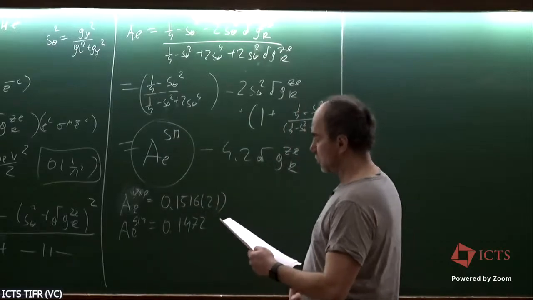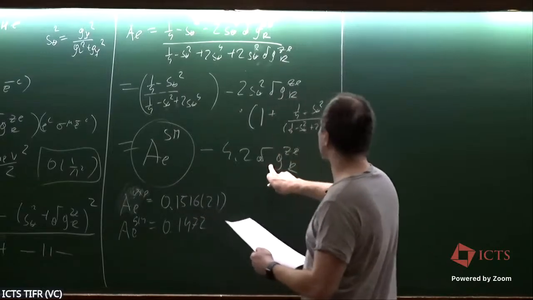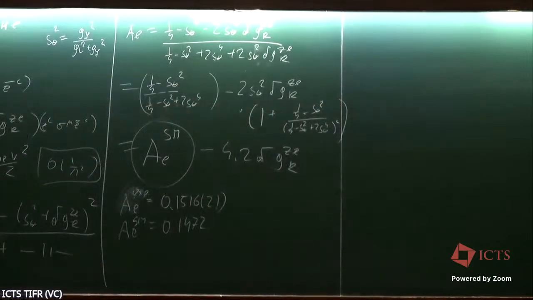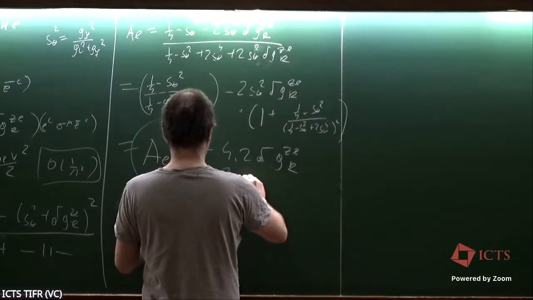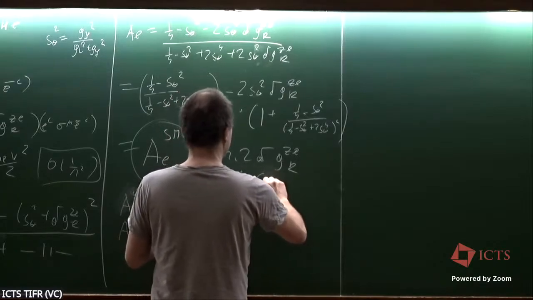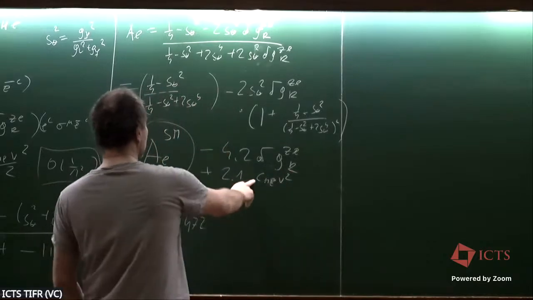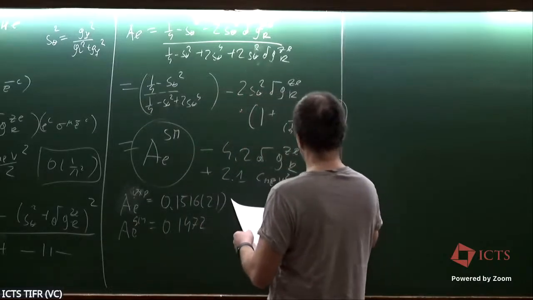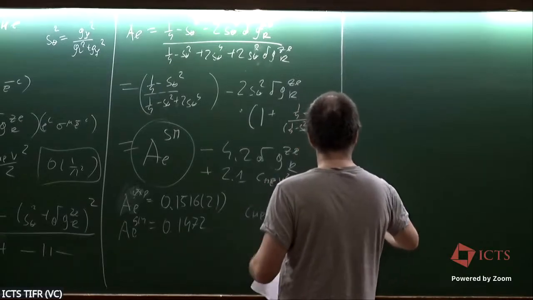So you can extract what is this delta g ZER, or if you write it in terms of the Wilson coefficient of the operator, this is 2.1 times CHE times v squared. And then you extract from these numbers that CHE times v squared is equal to 2.2, 1.0 times 10 to